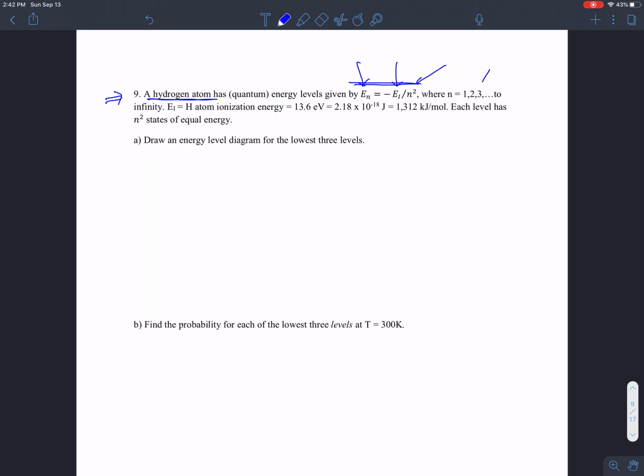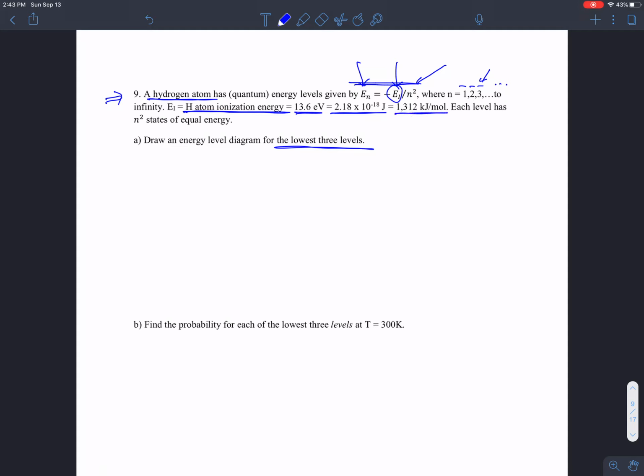And n can take on values of 1, 2, 3, and so on up to infinity, but we're only going to deal with the lowest three levels, so 1, 2, and 3 will be enough. Here this constant E sub I is the hydrogen atom ionization energy. It's 13.6 electron volts, or 2.18 times 10 to the minus 18 joules in microscopic units,